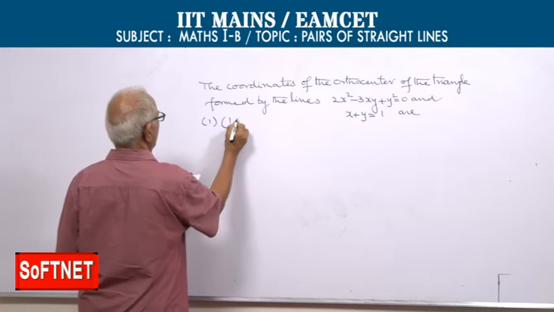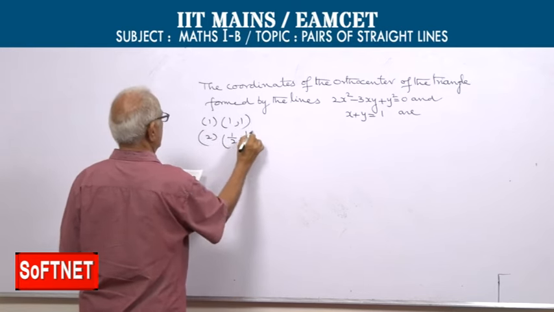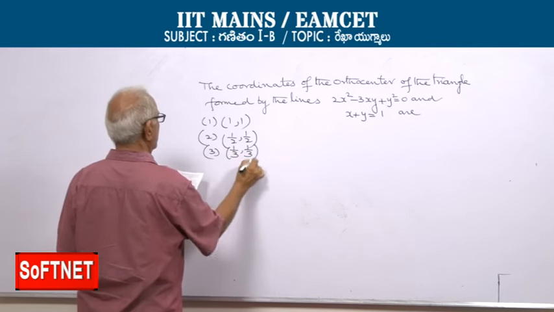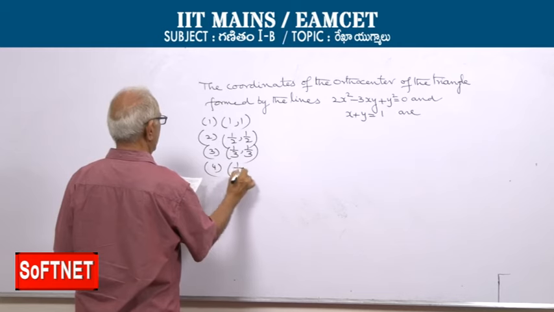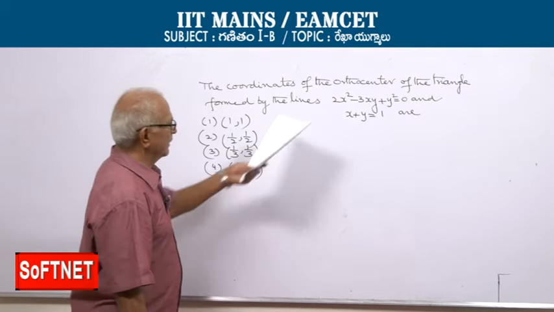కోర్స్ యూజువల్ ఆప్షన్స్ ఉంటాయి. 1 1, 1/2, 1/2, 1/3, 1/3, 1/4, 1/4 ఇలాగని ఇచ్చారు 1995 EMACET పేపర్లో. మళ్ళీ ఫ్యాక్టరైజ్ చేస్తే ఇది